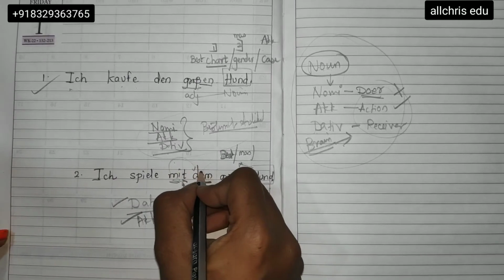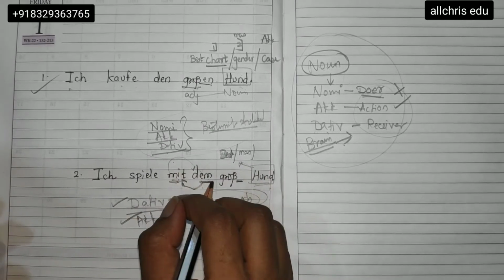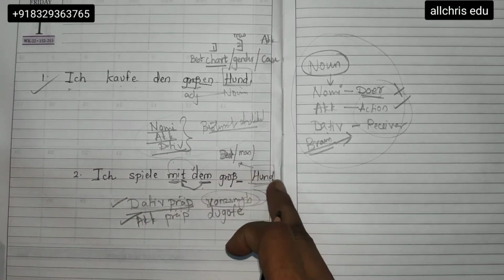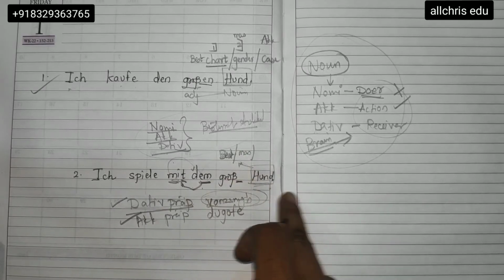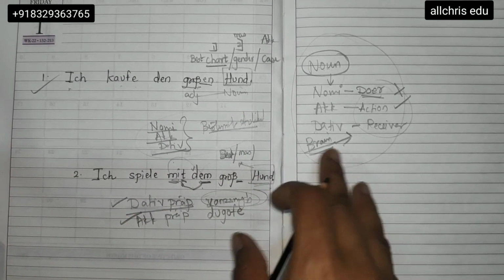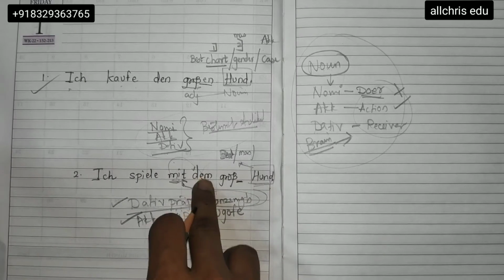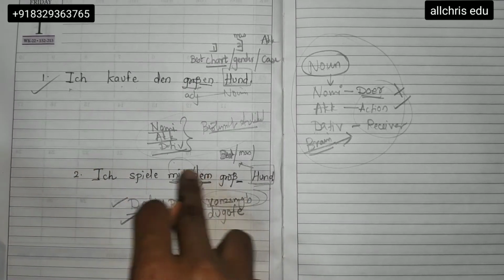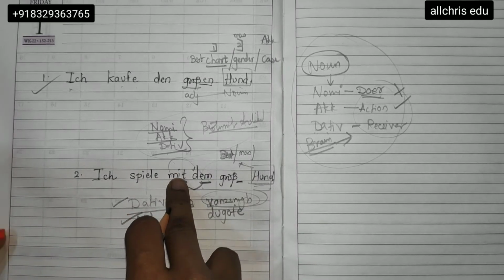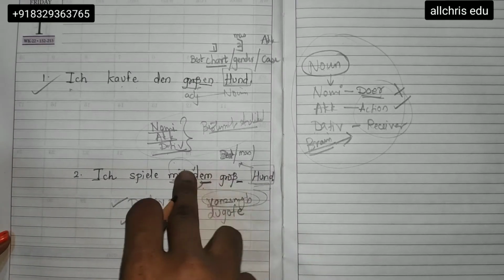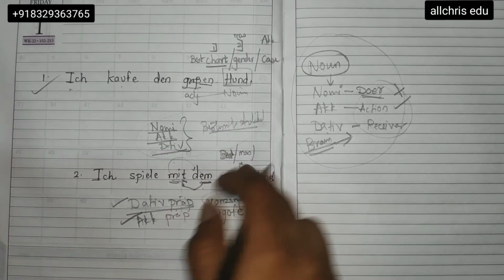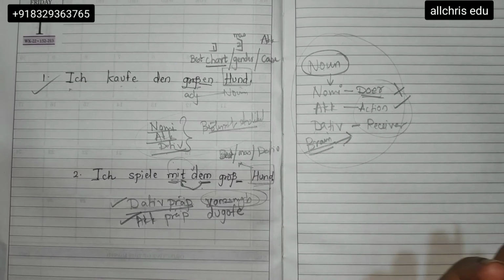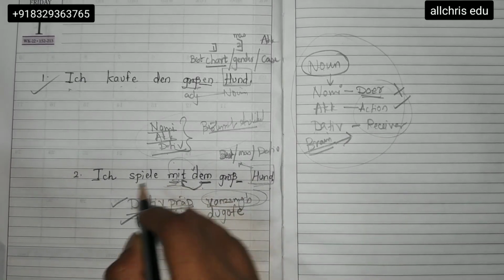Everything, whichever is the next noun, becomes dative, student. Here we should not use our brain whether this noun is a doer, or whether we are doing action on it, or whether it's a receiver. No need to use our brains over here, where the preposition comes before that article. After that preposition the article becomes dative, and so the noun becomes dative directly without using brains. Only blindly we can trust the dative preposition.